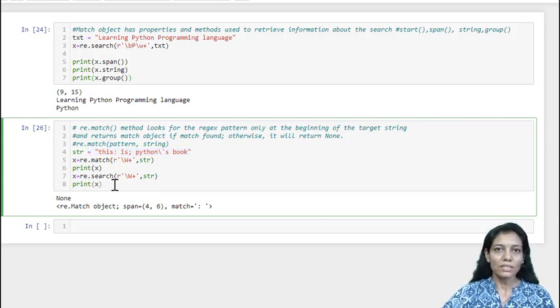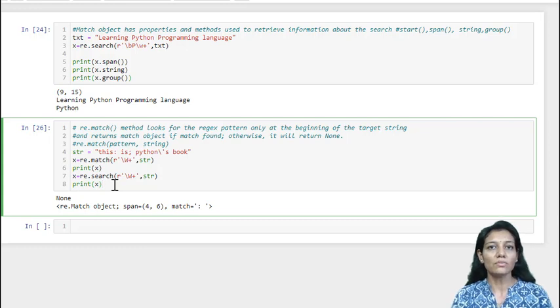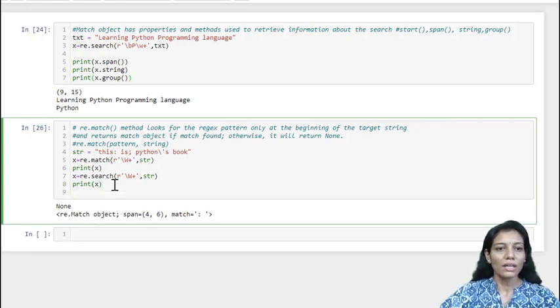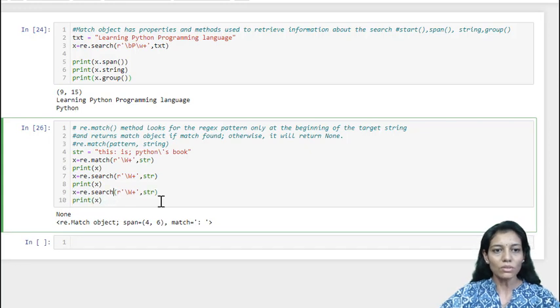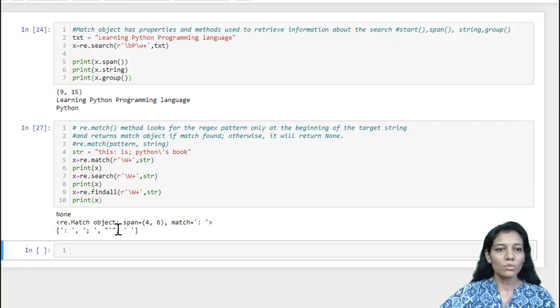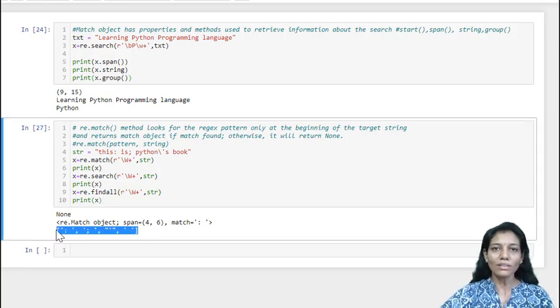Now here search has only returned one instance which is matching, and similar thing if I try with findall, then what it will do? Yes, I hope you recollect, findall will return the list of matching words, okay. So here x is going to be the whole list. So these are all the matches which are identified by the findall method.